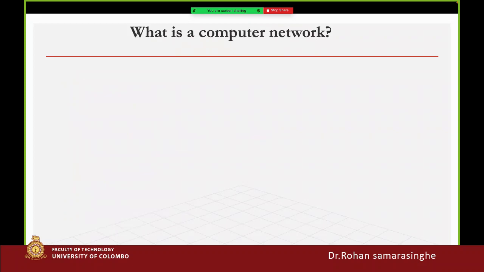So all of you, if someone asks you, because you have done this for the advanced level also, I know the advanced level syllabus. In the advanced level syllabus, you have certain chapters about networks. So I think when you come to this degree program, I don't want to explain from the beginning and say what is a network. So simply, if I ask you, actually we are in a virtual environment. If it were a physical class, definitely I would ask someone else. But